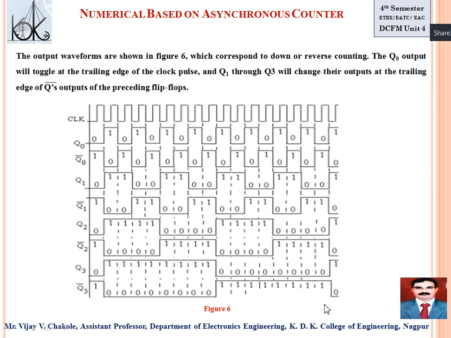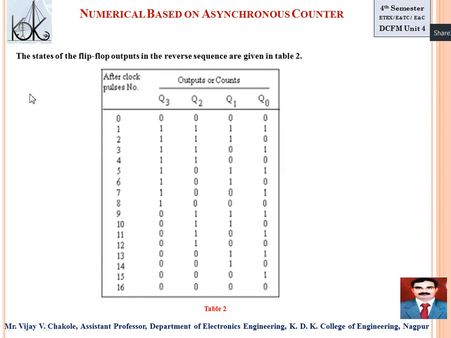So how many states are we moving? We are moving through 16 states. We required 16 clock pulses, right? So see, this is shown in the table. Initially 0 0 0 0. With 1 clock pulse we go to 15. With 1 clock pulse we go to 14, 13, 12, 11, 10, 9, 8, 7, 6, 5, 4, 3, 2, 1, 0, right? So starting from 0 and going back to 0, you required 16 clock pulses. Got this? Is there any doubt?